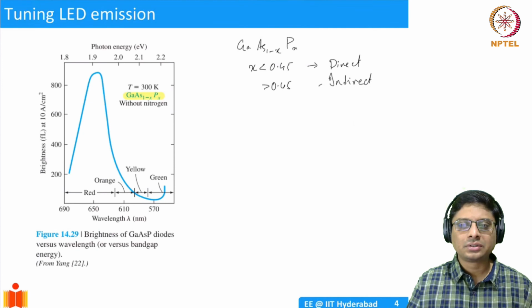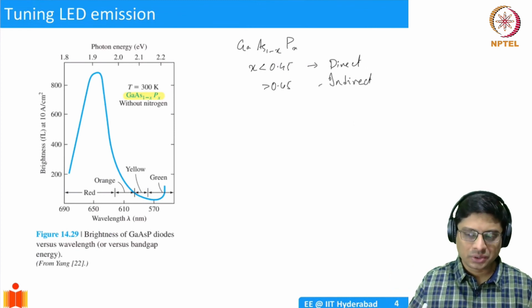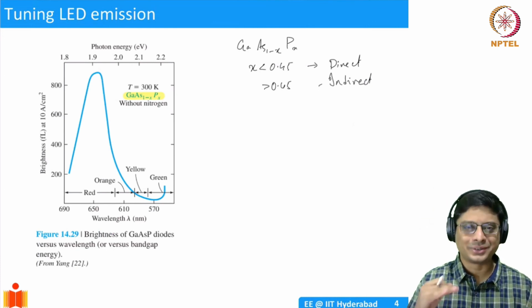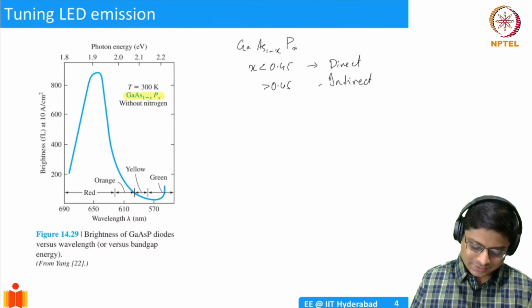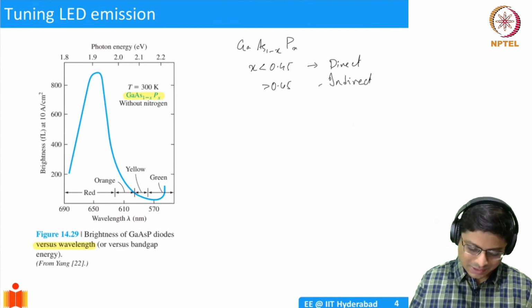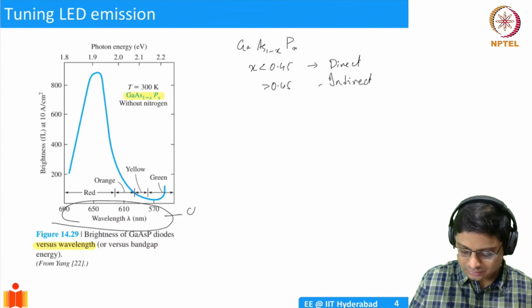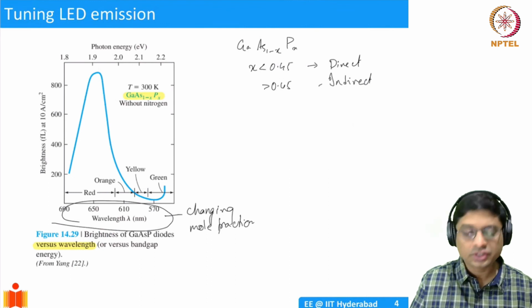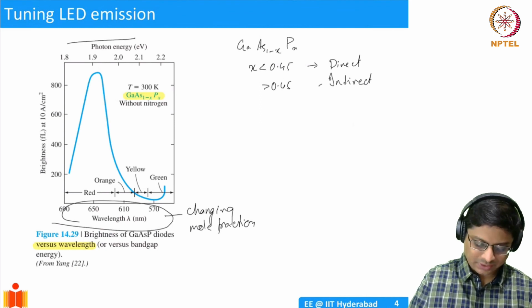Okay. So now, as you change X, you can look at how EG changes. On a curve, we showed you that there is a line, but how did you determine that? Well, it turns out that you do experiments and figure out those things. So this is one such experiment which shows you the LED emission as a function of wavelength, but in fact, if you look closer, this is based on changing the mole fraction. If you change the mole fraction, you're changing the band gap, and because of that, the emission is changing. So you see increasing X.